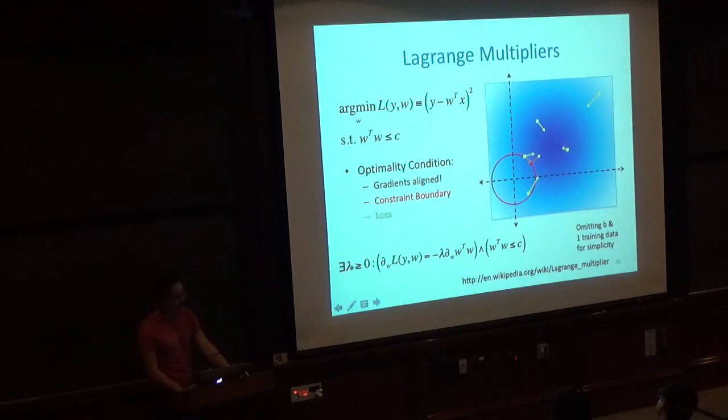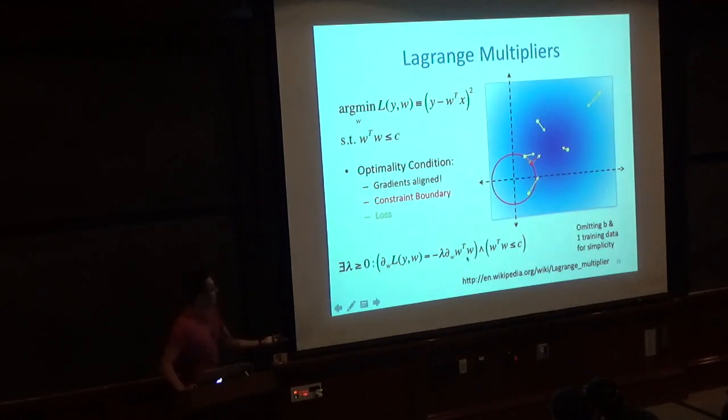So there exists a lambda such that the gradient of the loss function, and again, we're doing gradient descent, so we have to negate it, is equal to minus lambda times the normal, the tangent of the constraint boundary over a model class. The other condition, and this is the one that's required from the beginning, is that the model that we're learning is within the boundary.